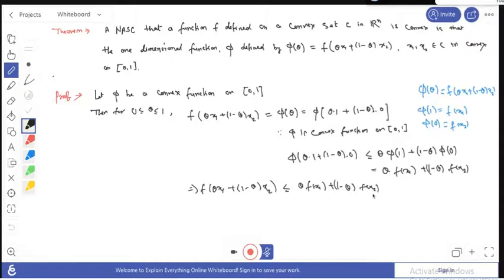And this holds for any x1, x2 that belong to that set C. You can write this condition: this holds for all x1, x2 that are elements of that convex set C, and hence